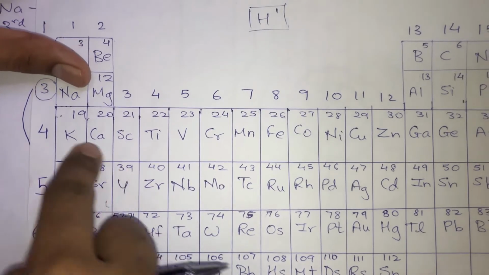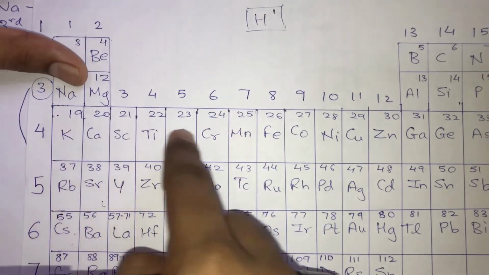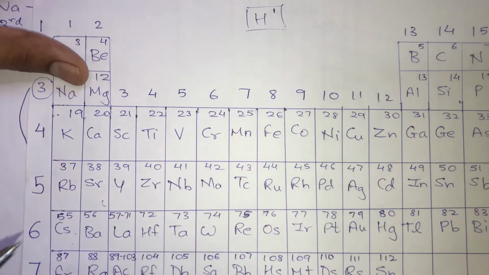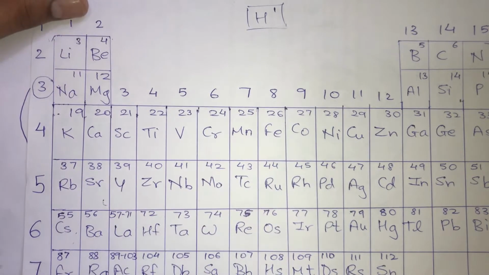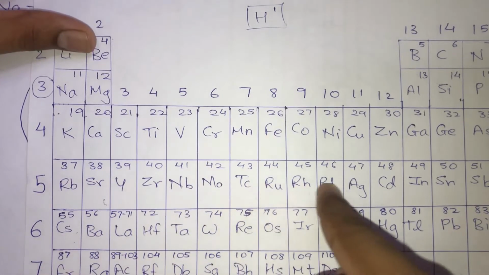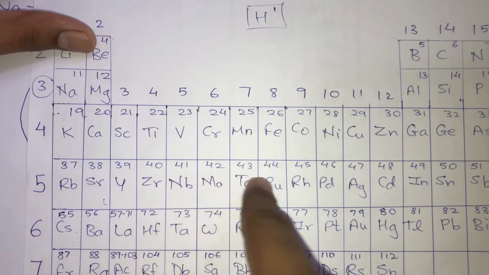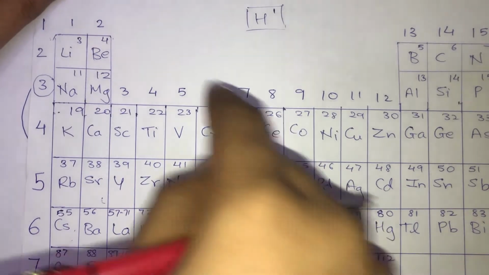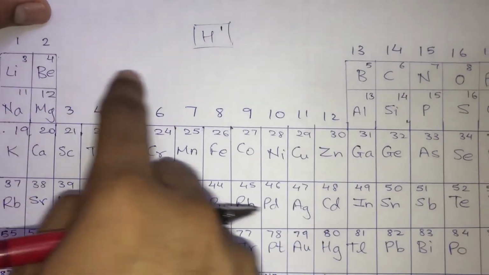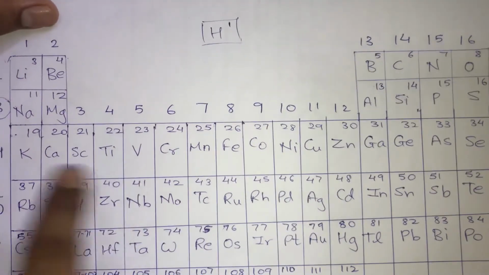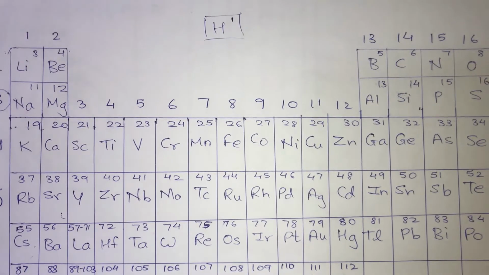So if I consider any atom in the fourth period, all of them are going to have 4 energy levels. Similarly, any atom present inside the fifth period is going to have 5 different energy levels. Okay, so whether it be your first period or your second period, the period number is going to indicate the respective number of energy levels present inside the atom.